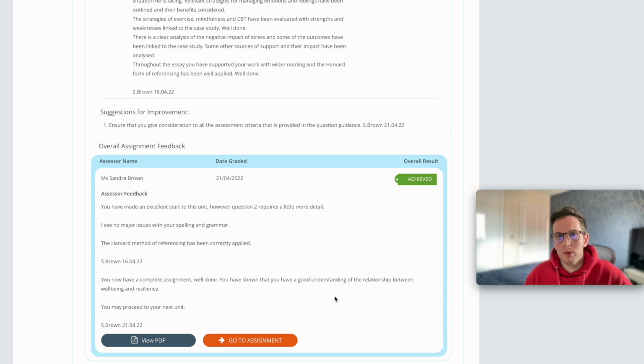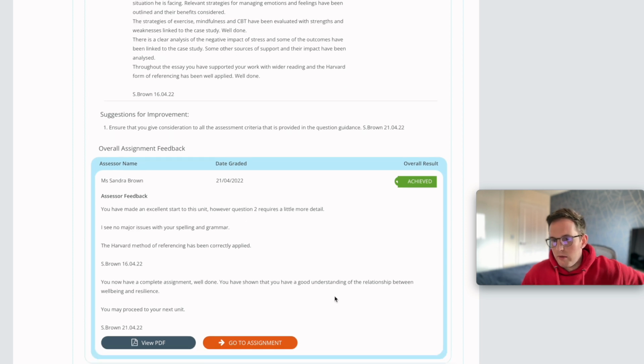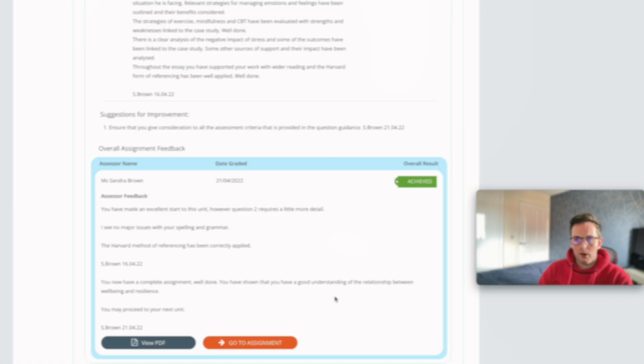So it's really, really important that when you are going to submit your work, you read the guidance, you ensure that your grammar and spelling are correct, and you make sure that you're answering the questions in the way that they're asking you to. If you need to, refer to the assessment verb guide and the Harvard referencing guide that they give you when you start the course. So like I said, please feel free to go back through the video at your leisure,